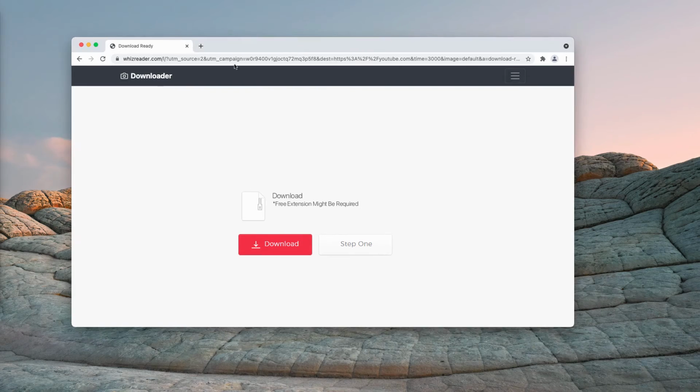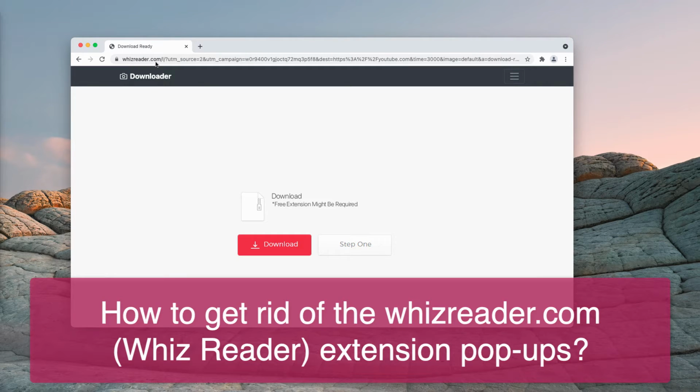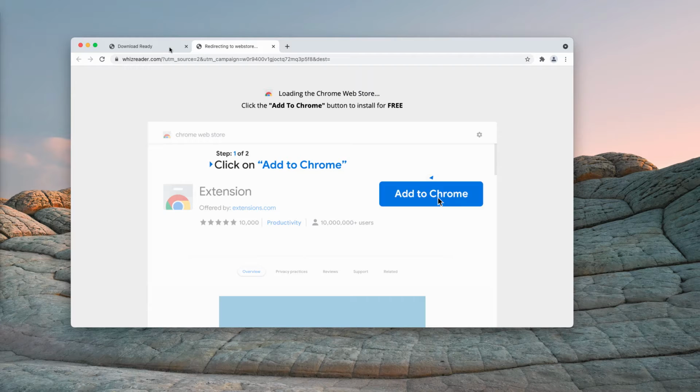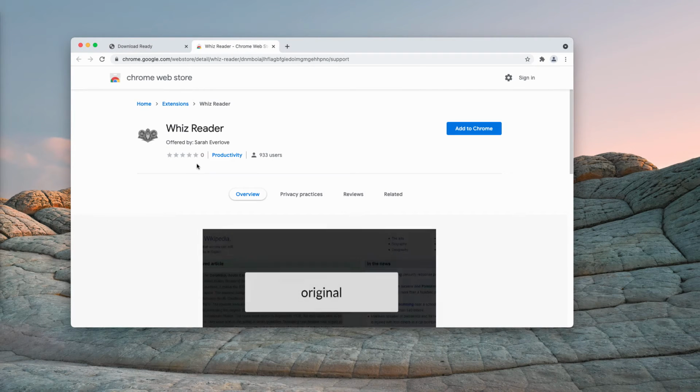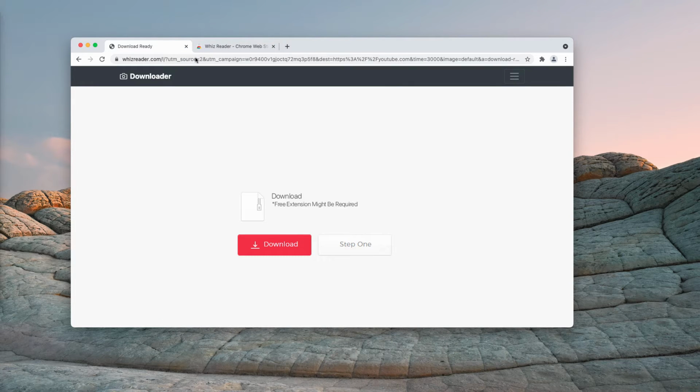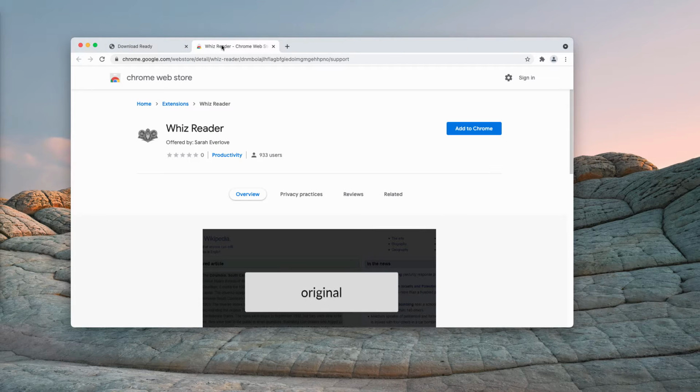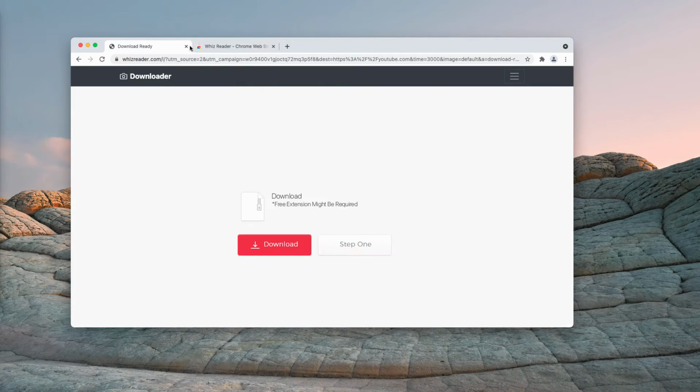My video guide will give you instructions on getting rid of the dangerous pop-up windows that are associated with the website whizreader.com. So this is the malicious pop-up that tries to force you into downloading and installing a special extension called Whiz Reader. The pop-up is presented as some important download or some update of the browser, but the point is